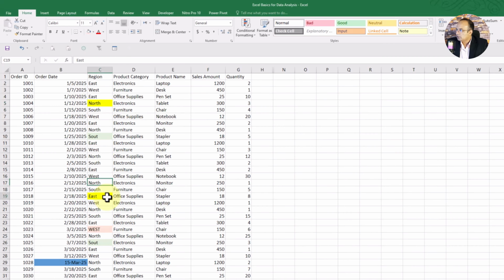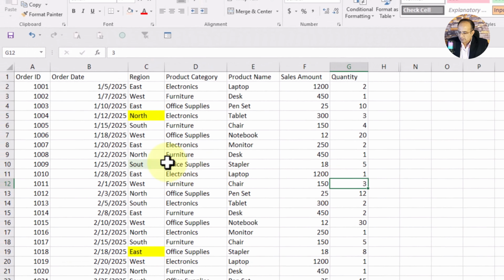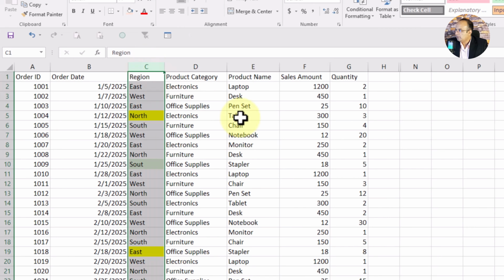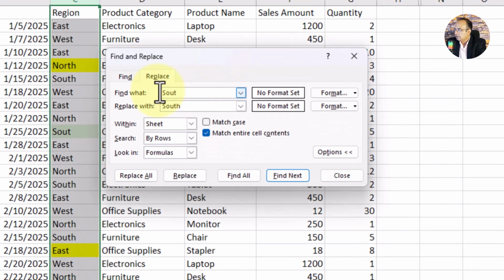Now let's move on resolving our incorrect or wrong spelling issues. We will use search and find functionality of the Excel to do this. I will select the column, then press Ctrl H to open the find and replace dialog. Here we will type our value that is wrongly typed and then we need to give here what is the correct spelling to replace with. Second thing, don't forget to click match entire cell contents because we want exact match and exact replacement. Once you done, click on replace all.